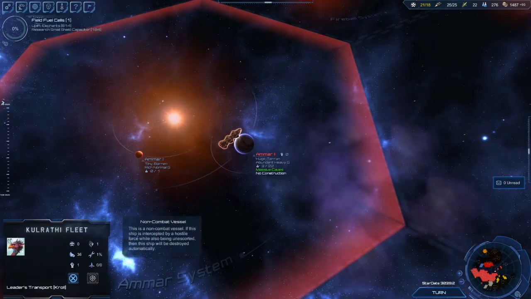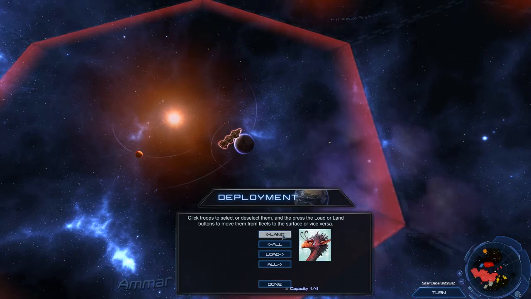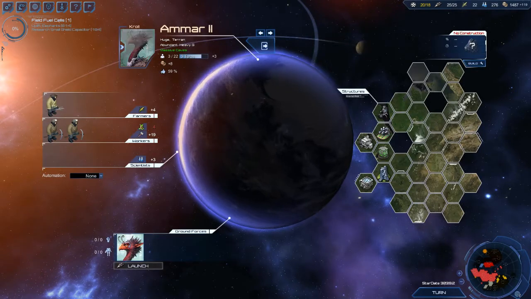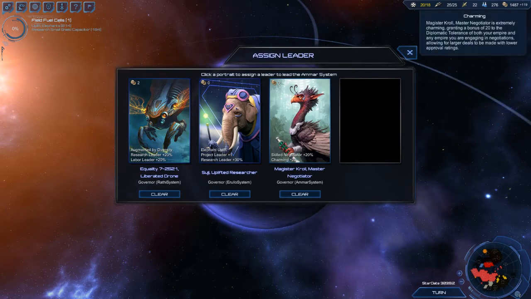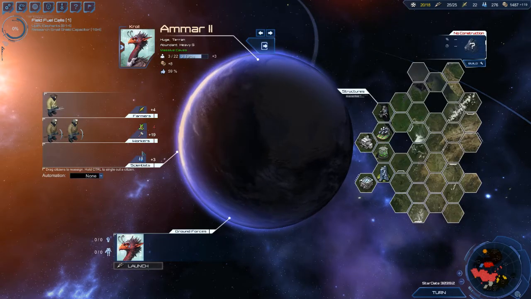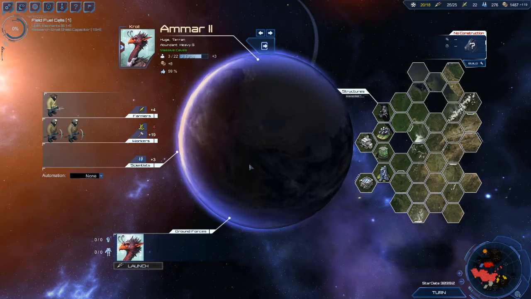So our new leader has arrived at Armor 2, so I can now land him. If I click on you, okay, so that's good. Let's just remind ourselves he's a skilled negotiator, and he's charming, and obviously now is the governor there. I don't know if he will give much of a bonus to the actual planet output, but hopefully it can help with our